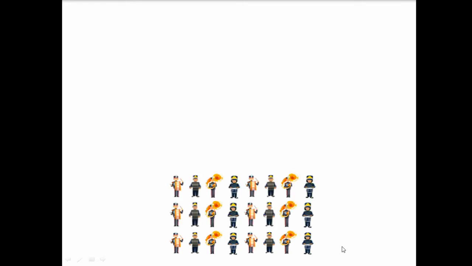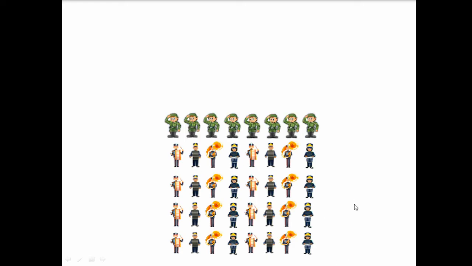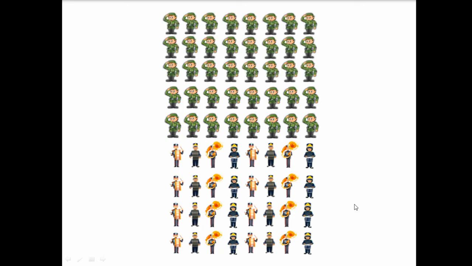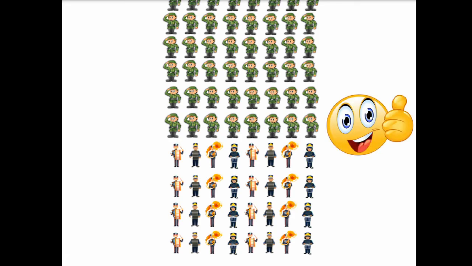So now the solution is arranging them in 8 columns. So 8, 16, 24, 32. So the band members are over because they are 32 in number. Then comes the army contingent. So they will be arranged in 8 columns. Likewise it goes on. We get 77 rows. So this is a much better and more perfect arrangement for the parade. So now the parade looks beautiful, right?